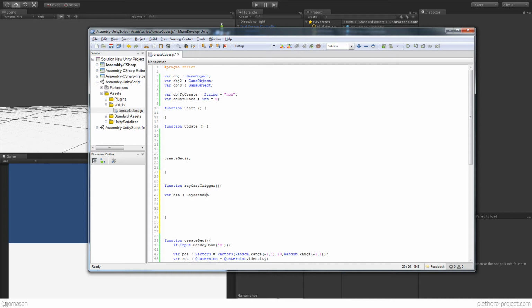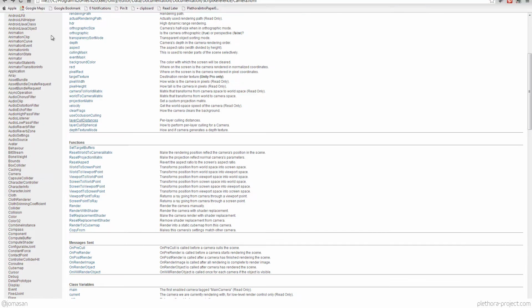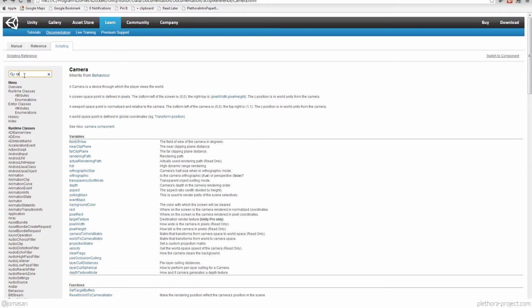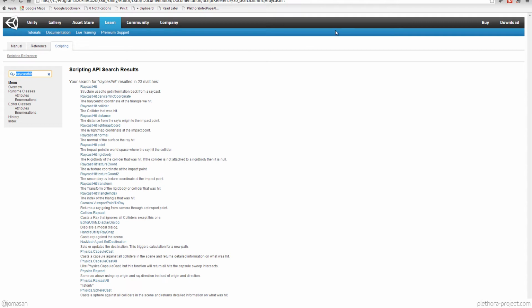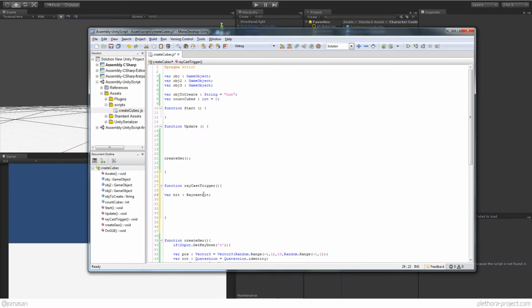Oh, I forgot how to spell that. We're probably going to get the error. We can just search for that quickly. Right, so camel case on the H. There we go. So we have a hit